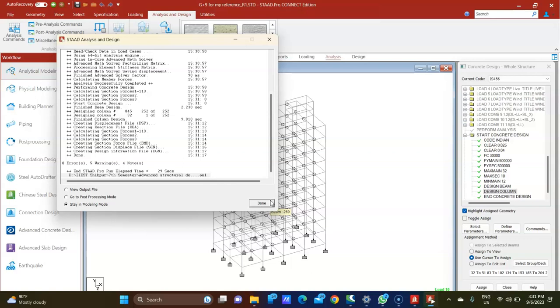Fine. How much time has it taken? Right? If you see the output file,